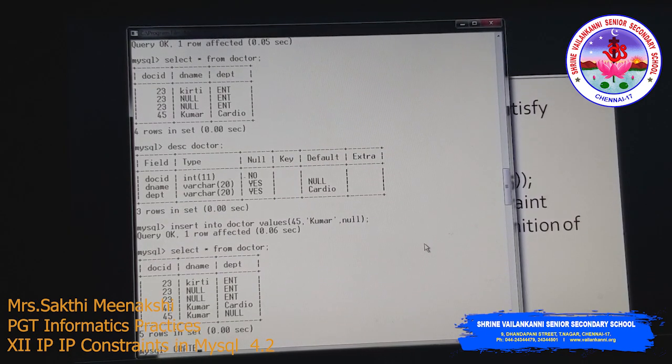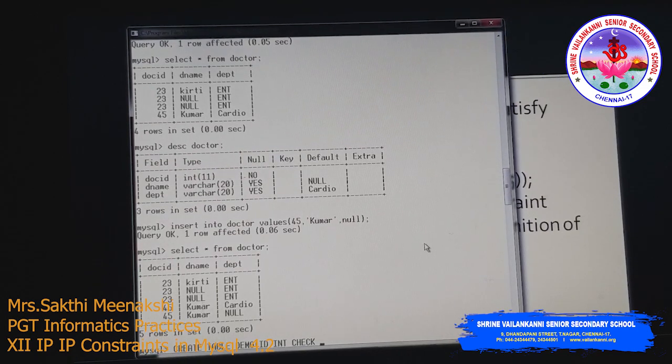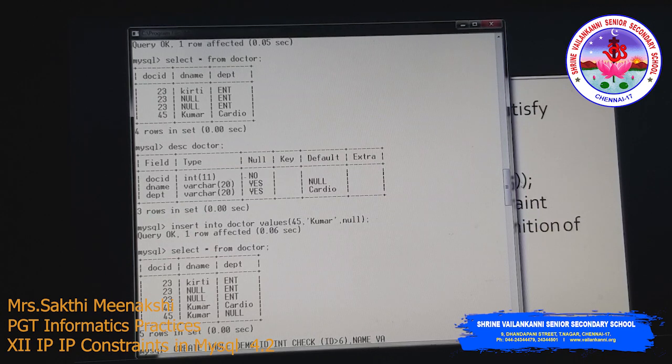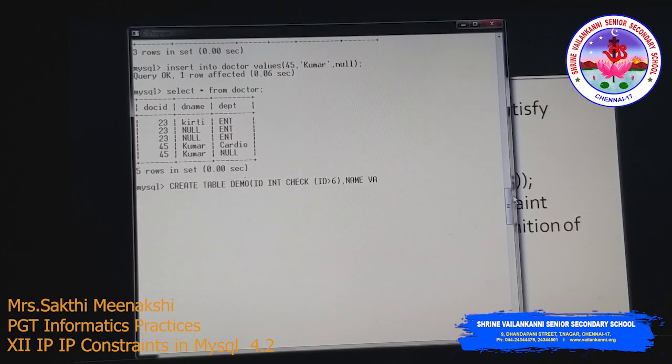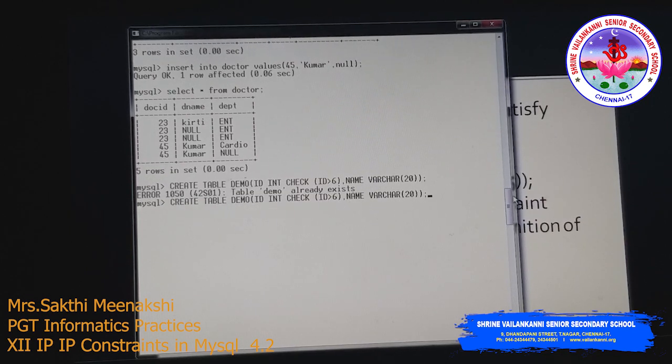Let's create this table again. Create table, I'm just giving a demo table, with ID integer, and then I'm checking the condition as check ID greater than 6. This is the condition, and then name. The table is already existing.